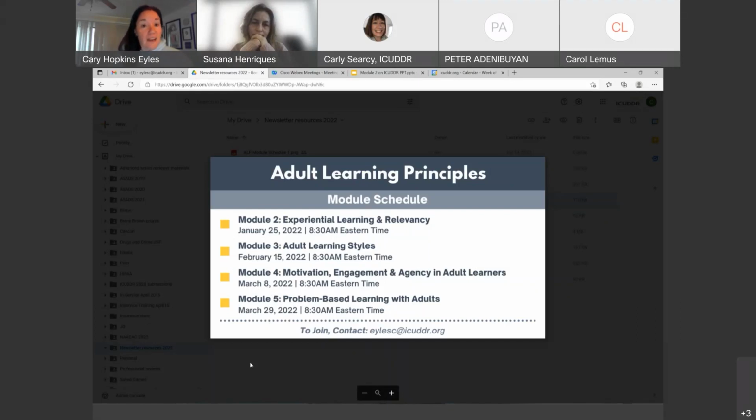So kind of similar to what we're talking about with experiential learning, like how do we really dive into the work rather than having abstract concepts? So with problem-based learning, it's giving people examples and things to actually work on and making it real life. So we also have module 6, 7, and 8, but this is probably plenty of information for today.